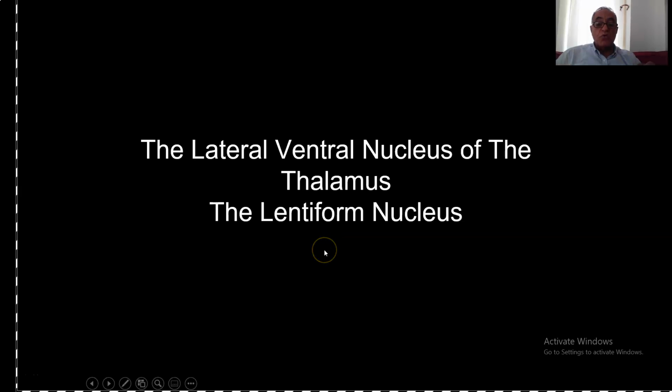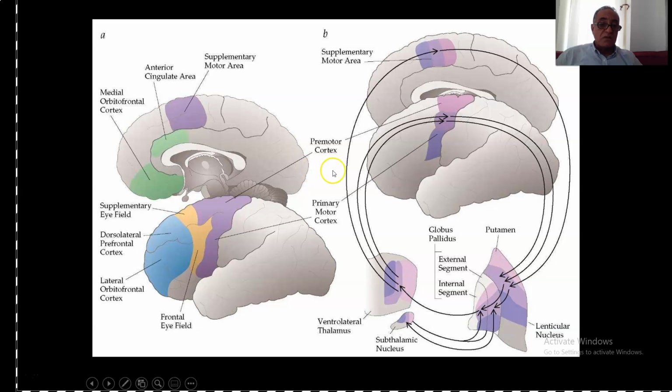The second nucleus involved in motor function of the thalamus is the lateral ventral nucleus of the thalamus, and this is a very important nucleus because this is one of the sites where we do lesions to treat tremors in case of Parkinsonism. So it is connected to the lentiform nucleus. When we talk about the lentiform nucleus, you should take into consideration what we are going to tell you,